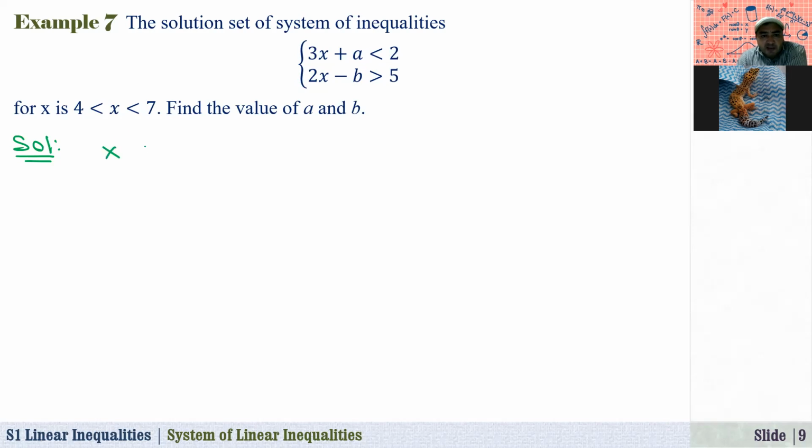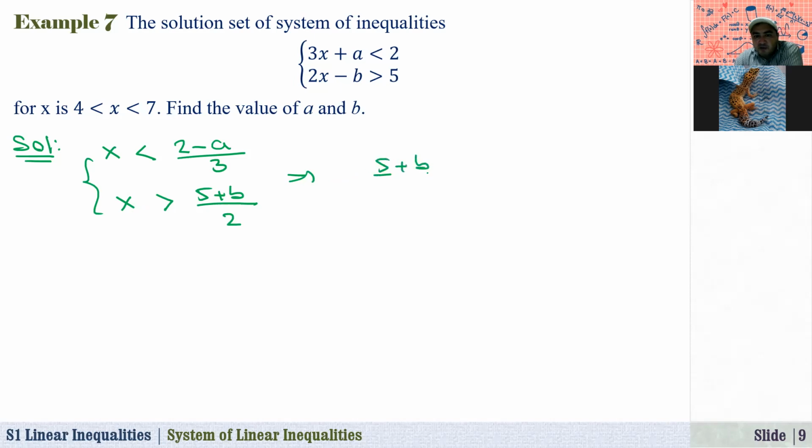So x will be less than 2 minus a over 3. And how about the second one? Take b to the right-hand side and divide by 2. So x will be greater than 5 plus b over 2. So actually from here now I can write this solution. The solution will be 5 plus b over 2 less than x less than 2 minus a over 3. And since the solution of this inequality is between 4 and 7, which implies that